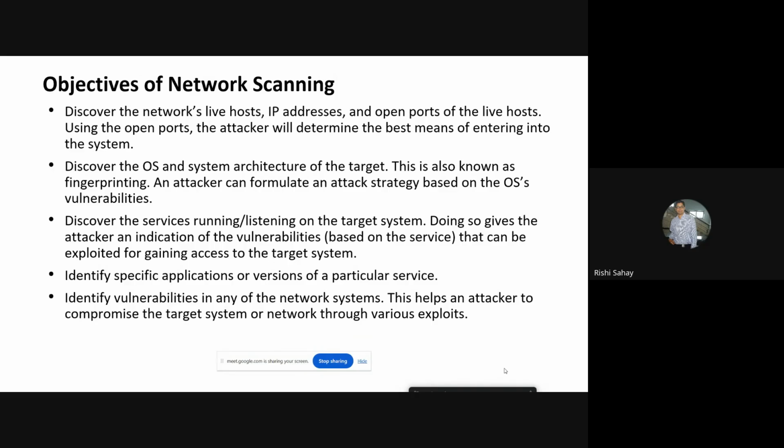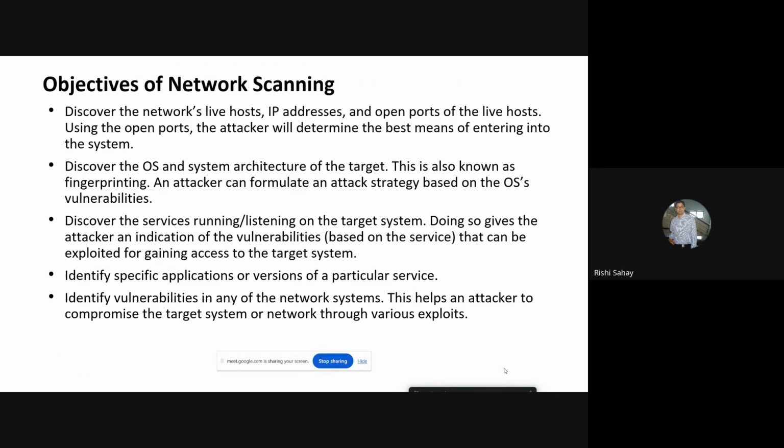Then they try to find out what kind of operating systems the target or infrastructure has, whether Windows, Linux or Mac. And then they try to find what services are running on those target systems, maybe HTTP services or some other services,